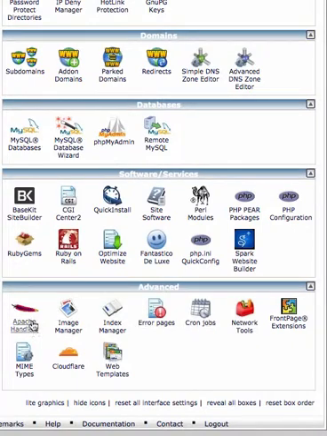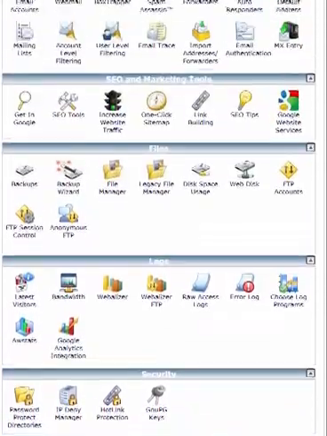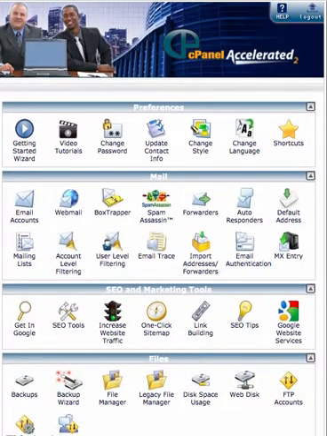Apache, that is the web server, image manager, index manager and so on. So basically cPanel is nothing but software for management of websites as well as securing them, and it has both software tools as well as services that one can employ to secure their website as well as administer it.